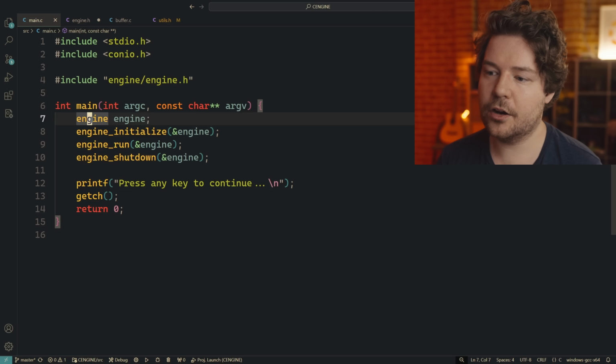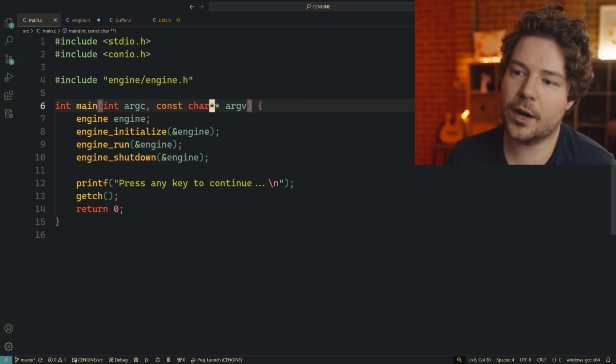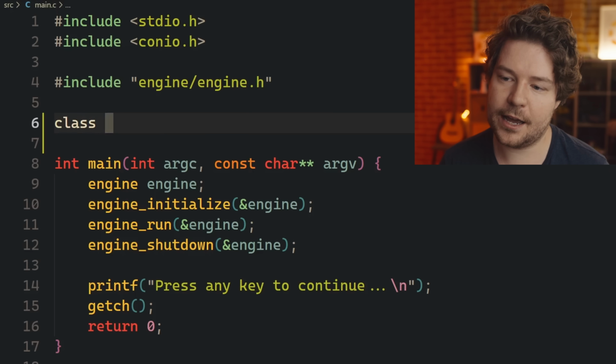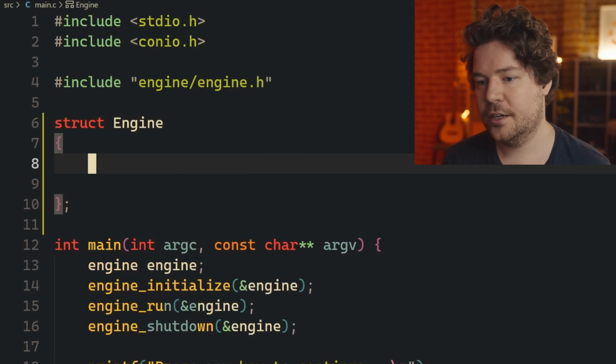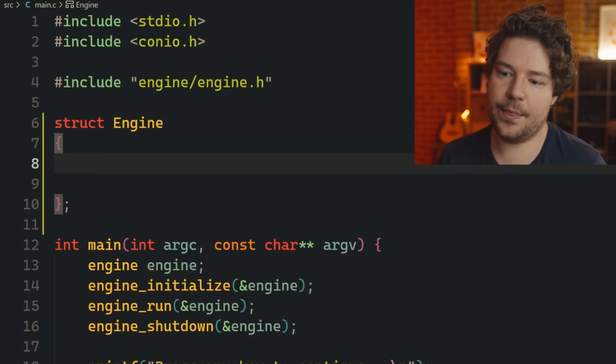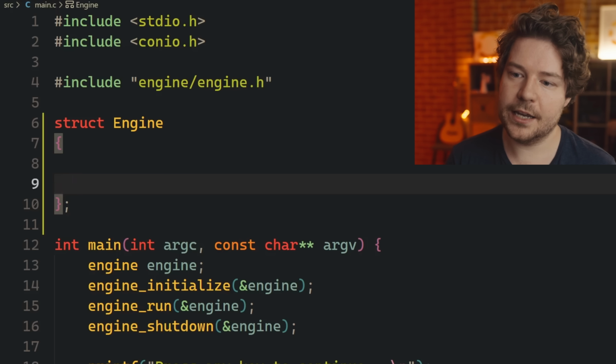Specifically for the programmer, I mean. This is a really good example of where using a class for engine would essentially do the same thing that you're doing here, but make the code a little bit cleaner. It's really not a big deal. So what I'm talking about is if we had a class here, which obviously I can't do, we're in C, but if we had this struct called engine, pretend this is C++, we could have everything that we needed in here.